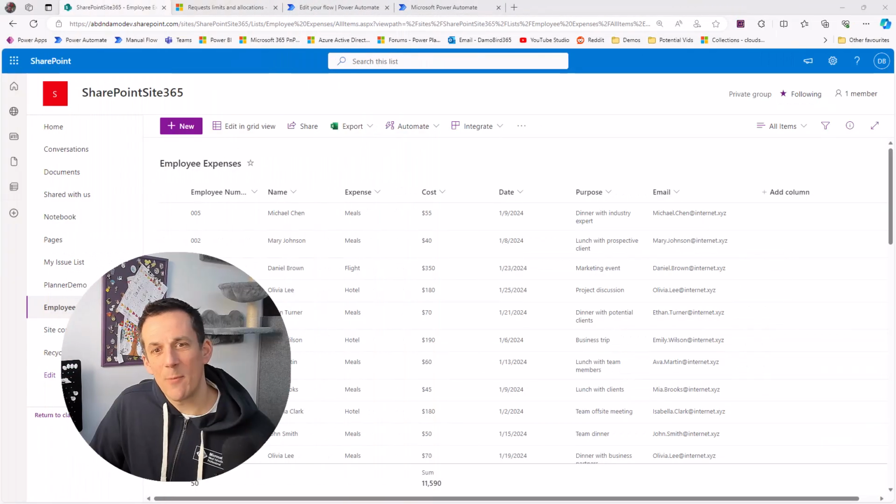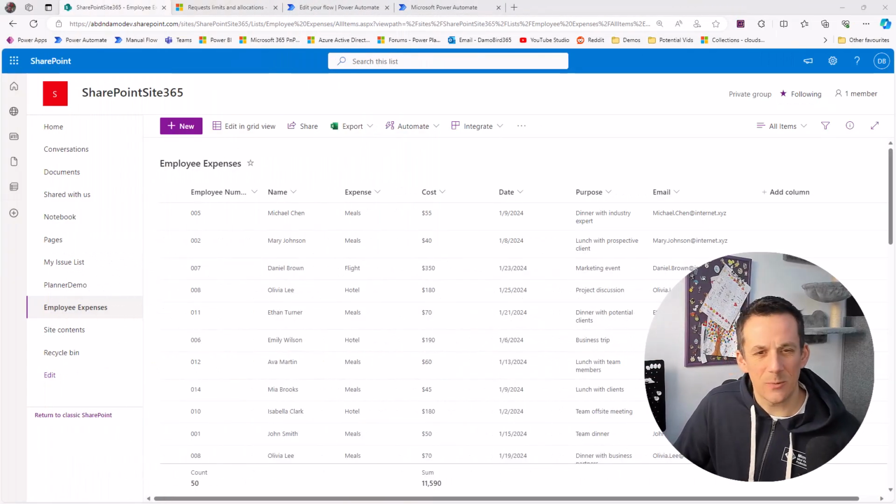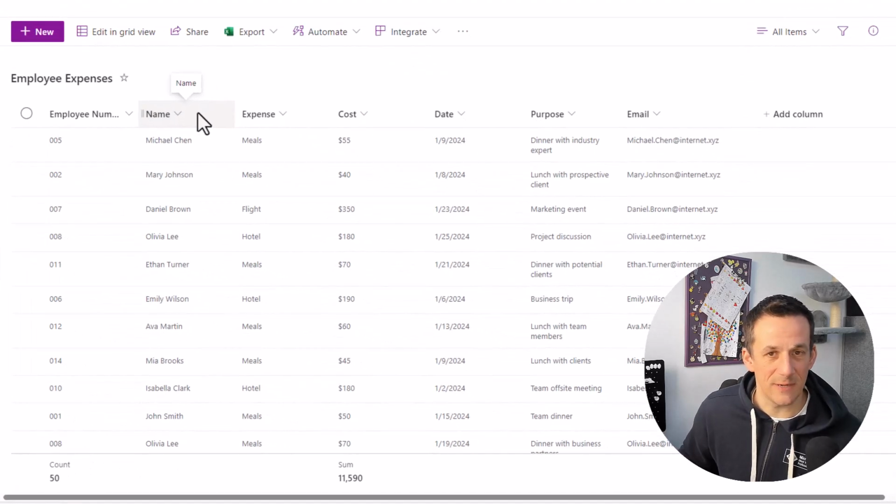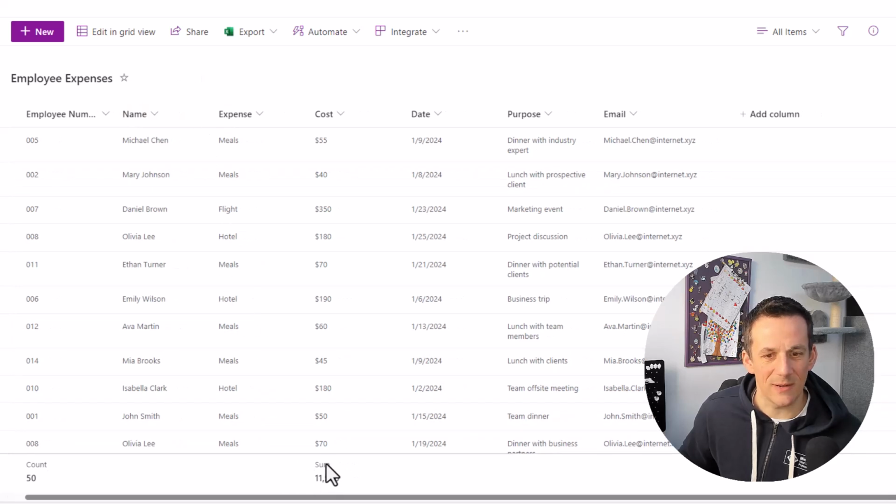So I'm going to kick this demo off from a SharePoint list. We can see on screen I have an employee expenses list. We have multiple expenses from different employees. There are 50 different expenses, and what I'd like to do is via Power Automate get all of those items to sum up the total of all those expenses. And we can see at the bottom we already have a sum in this list of 11,590, so that's what